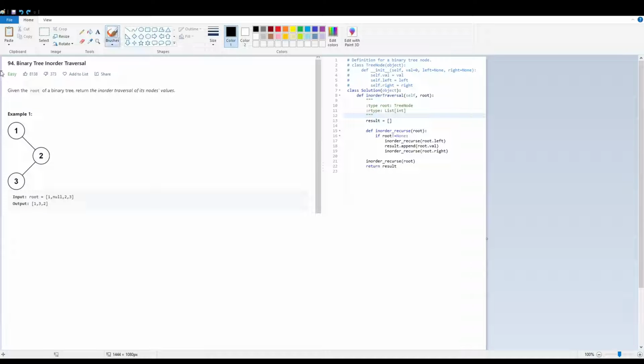Hello, I'm going to talk about LeetCode question binary tree in-order traversal. So for a tree, the definition of in-order traversal is to visit the left subtree first, then the node itself, then the right subtree. So for example, if we had